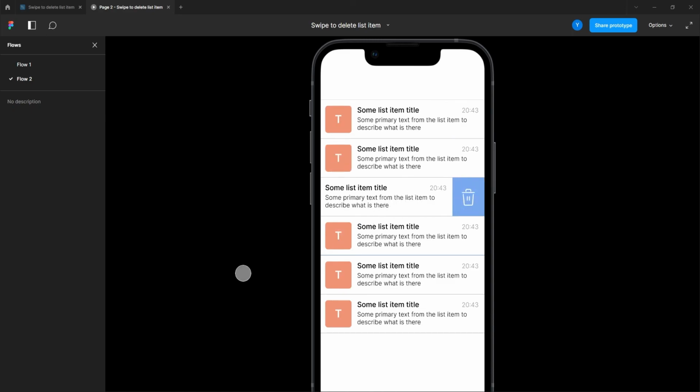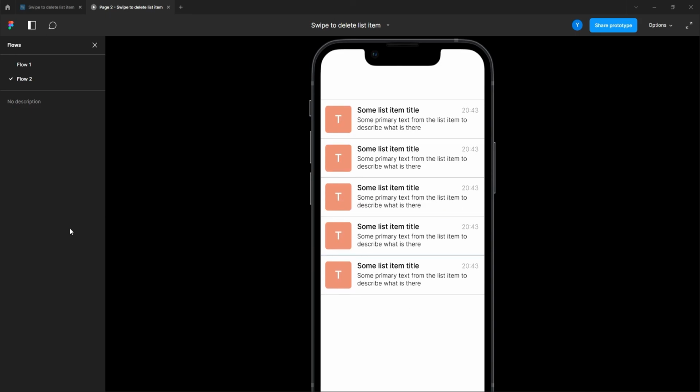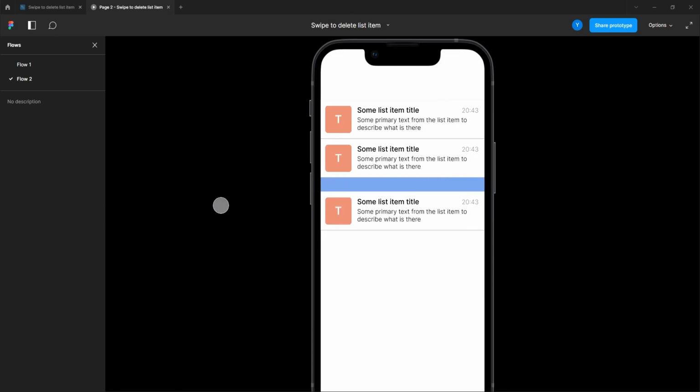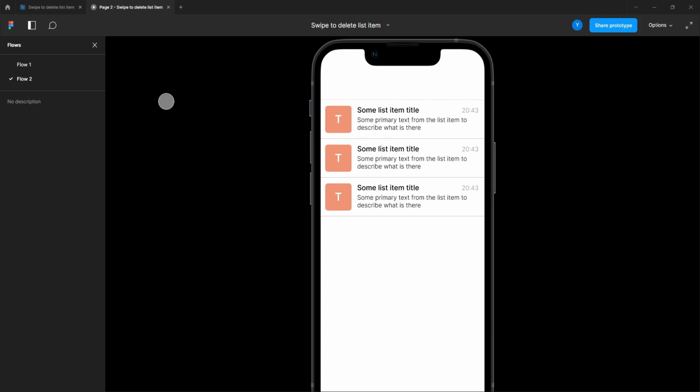So that's okay, it works perfect. So either I can wait, it goes back, or either I can drag it all the way and finish the action. So it works perfect. Again, like that, it goes back, then I can drag it here and bring it back here, and then drag it all the way to finish the delete action. Perfect. Okay, so we covered all cases, I think.